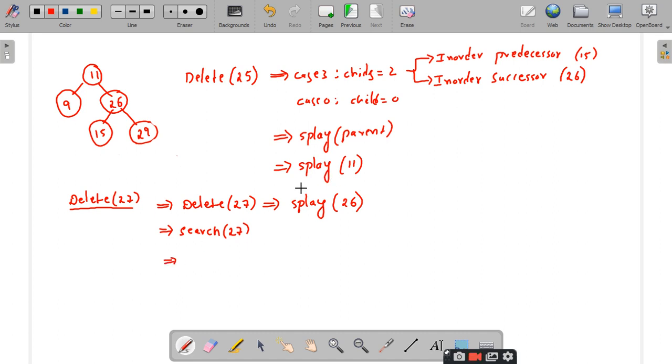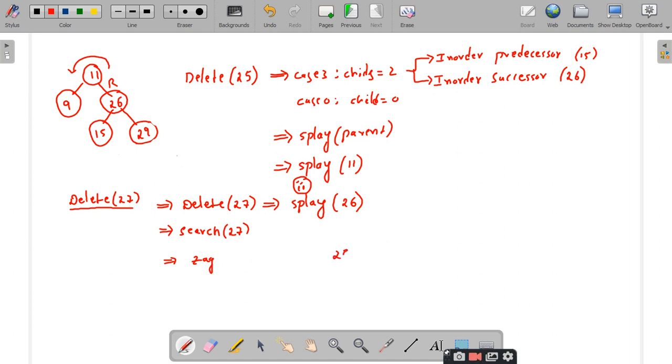After deletion, what you have to do? As a second step, you have to perform the splaying of 26. So how do you splay this 26? What type of rotation you have to follow? Zag. Since 26 is placed as the right child of its parent and that parent is the root node, you just perform the zag rotation on this tree.